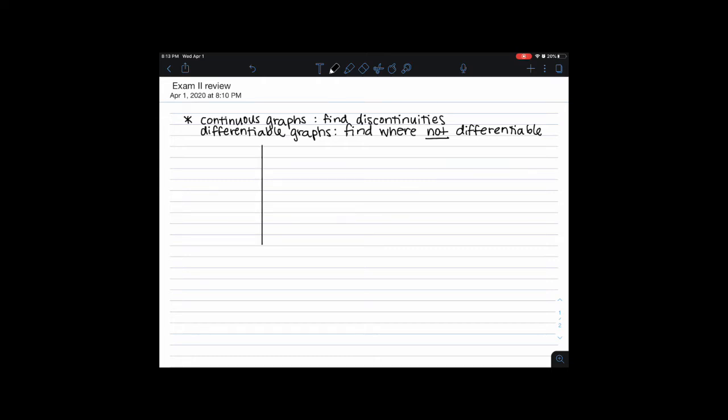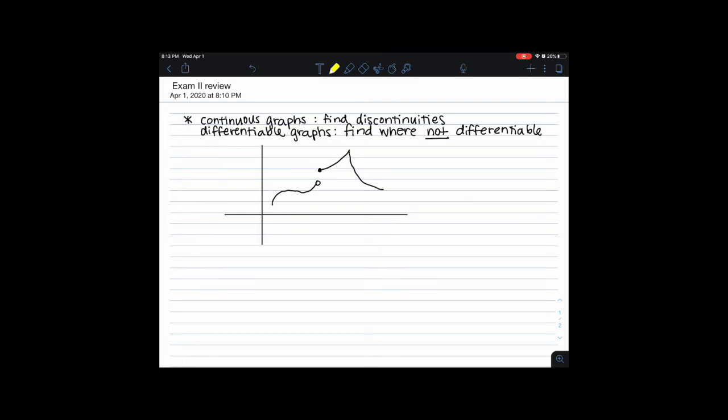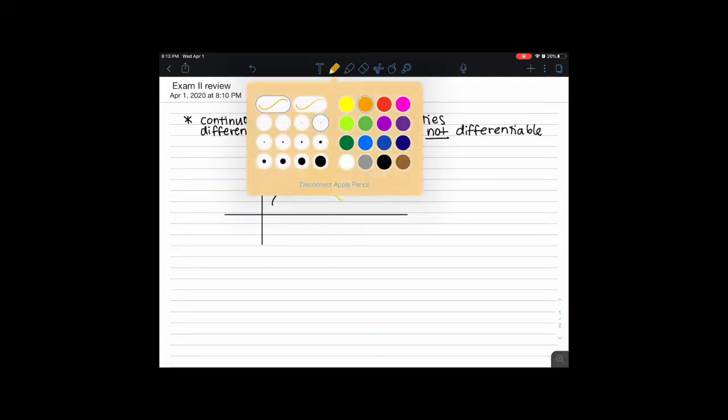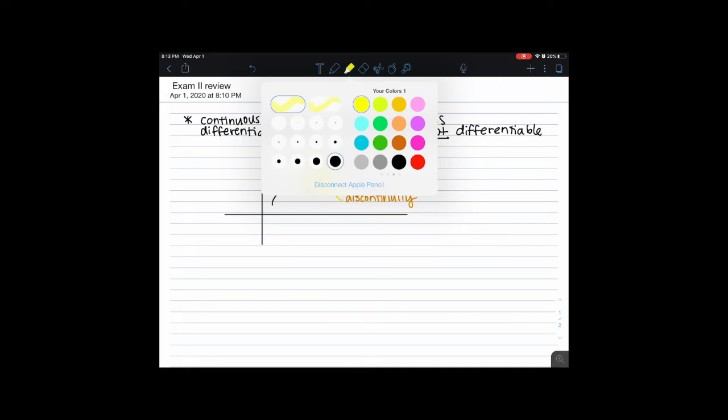So if we were to look at an example here really quickly, let's say we had something like this. And we'll have it continue here. Okay. So if you guys were to tell me where things are not continuous, it's right here. So that is a discontinuity. And then if you were to find where things are not differentiable,